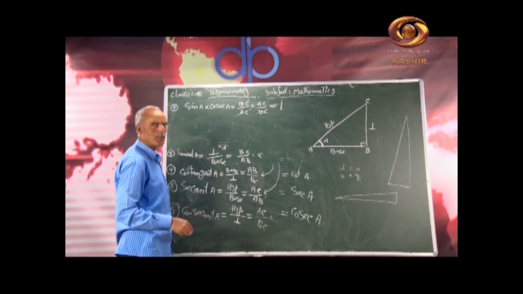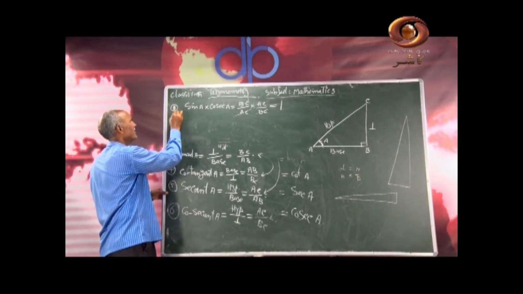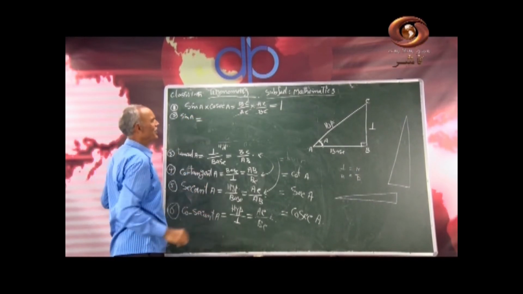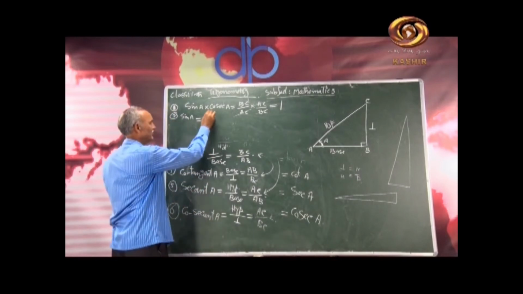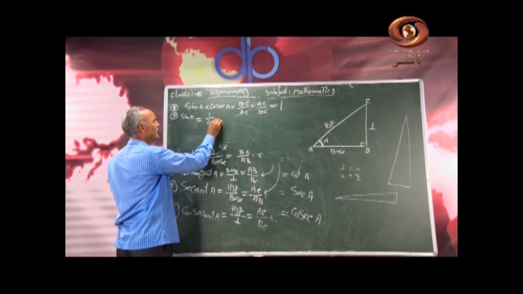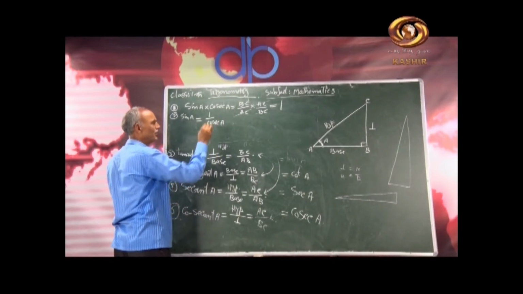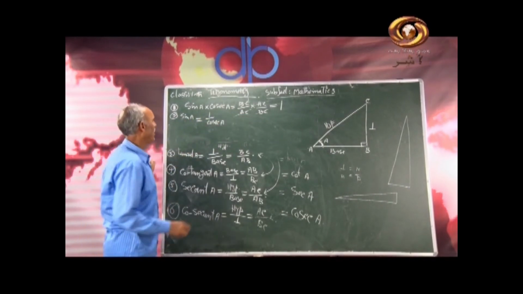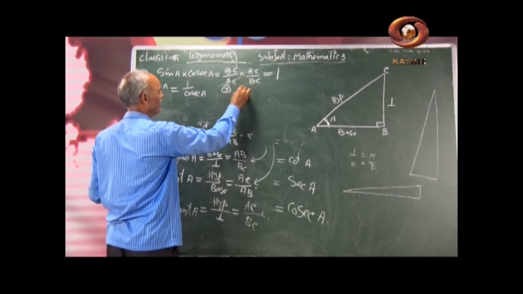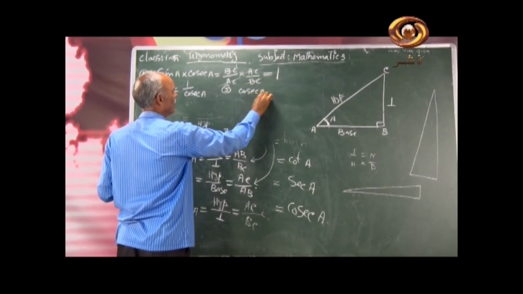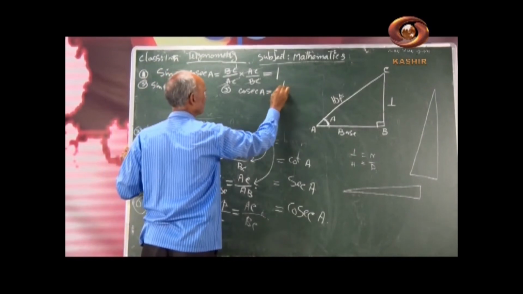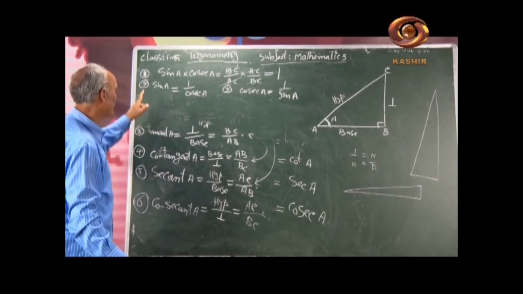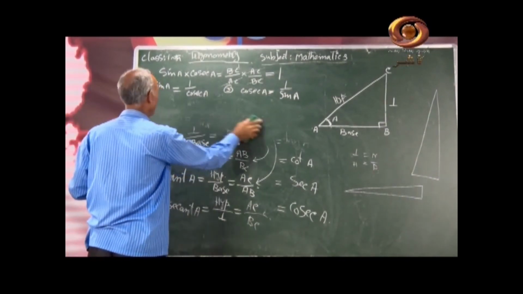And we can derive 2 more from this. Second, we can write sin A equal to 1 divided by cosec A. Sometimes we need to solve certain equations, so instead of sin A, we can write 1 by cosec A, or instead of cosec A, we can write 1 by sin A. So these are the 3 formulas from this one ratio, and we will take another.